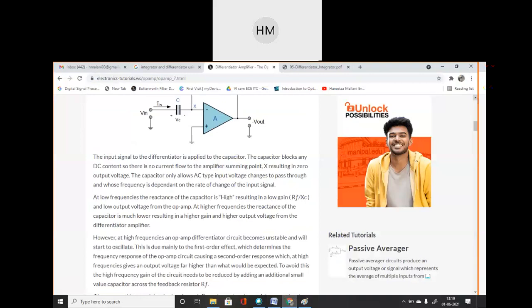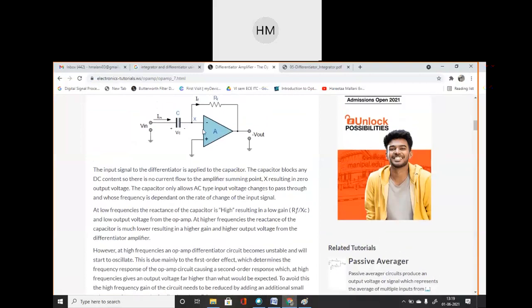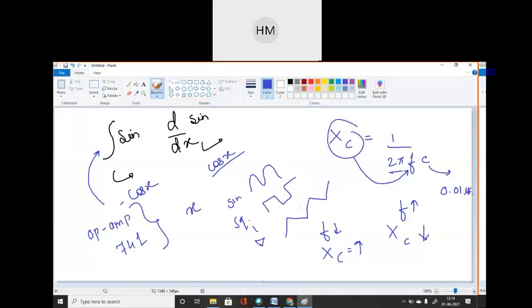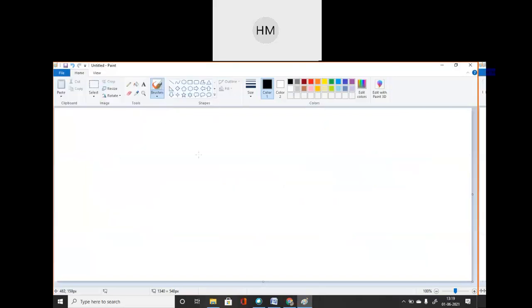See students, you can see this basic circuit of the differentiator. ठीक है. हमने इन्वर्टिंग एम्पलीफायर सर्किट देखा था. Should I draw the inverting amplifier circuit? Or does everyone remember, students? Do you remember the inverting amplifier circuit? If you remember, tell me the value of the gain of that. गेन की वैल्यू क्या होती है?